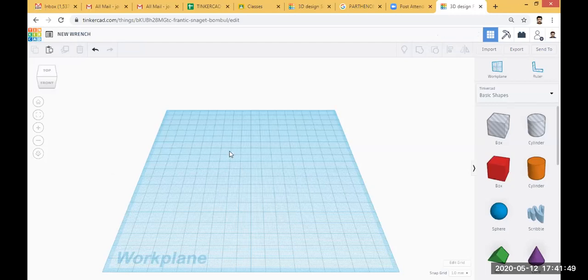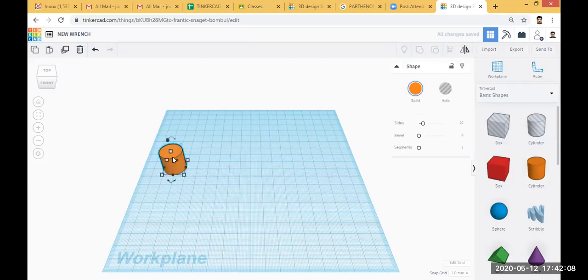Okay. So first I will create the ring. The basic shape of a ring is a cylinder. So you have to select the cylinder. I just click the cylinder, then drag it. Okay. So this is the cylinder. Then I will click this cylinder and enter the diameter value as say 25.